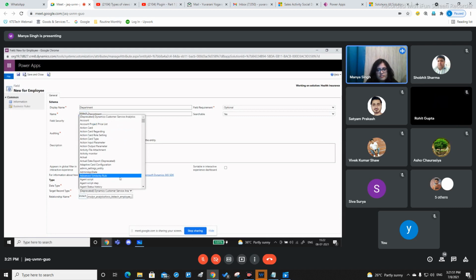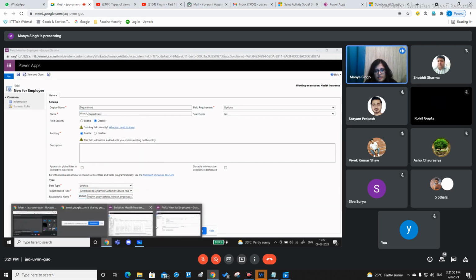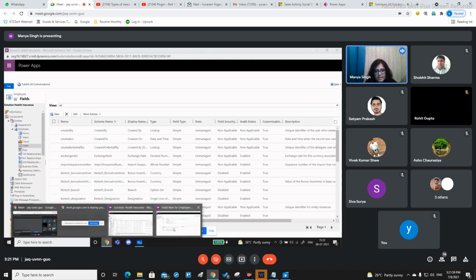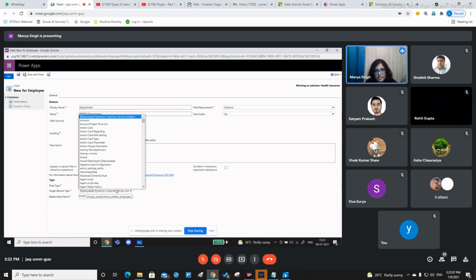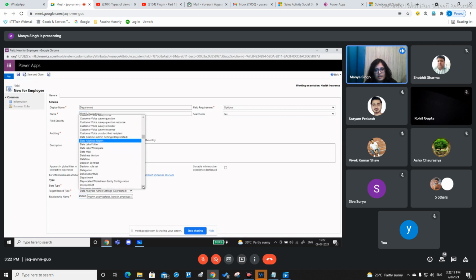Basically, when you have created an entity and added some data in that entity, then these fields which have been added, namely right now human resources, IT support and office staff, this data which we have entered into our forms is present in our system as a record. This is a record of that particular data. So we'll be searching for a particular target record, and we'll be able to choose any target record and map that record to our employee. So let us go for department here.